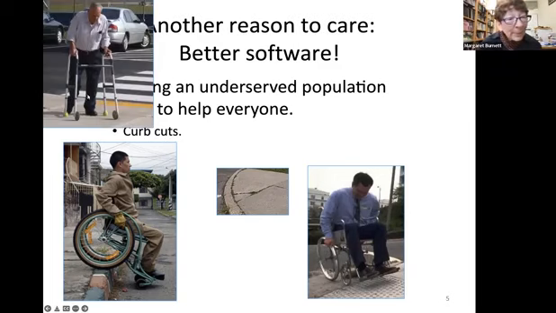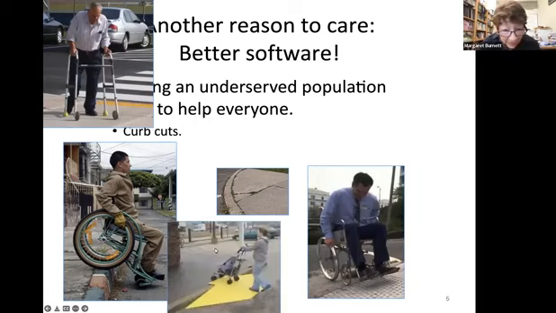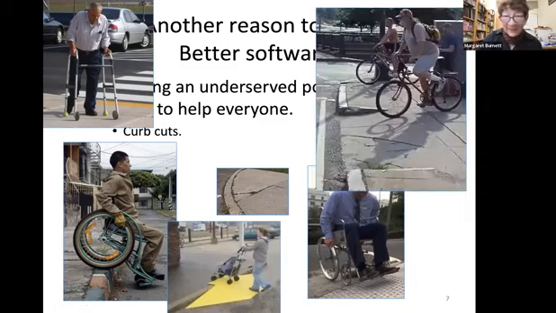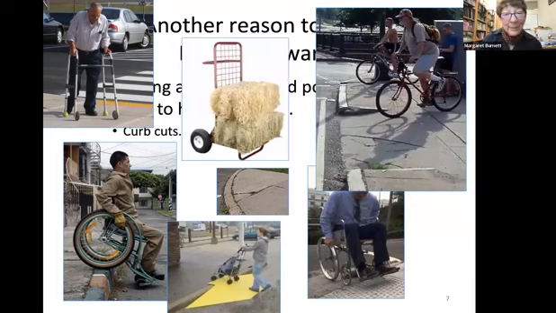And they also help people with those walkers with wheels on them. So, okay, our inclusivity side is still happy. And they also helped parents pushing babies in strollers. Oh, well, that's unexpected. And they also help people on bicycles. And they also help people pushing heavy bales of hay on their dollies. So as you can see, when you're fixing things that affect one segment of the population, it tends to make things better for everyone. And in the case of software developers, what you're talking about is better quality software, period.